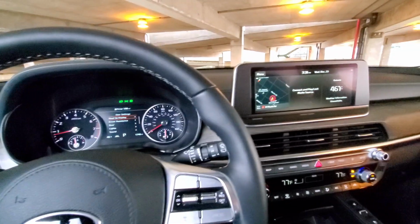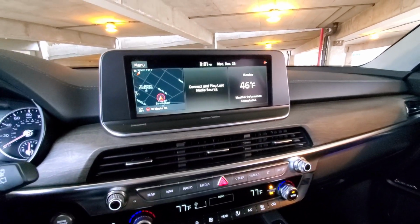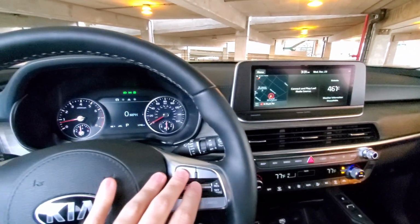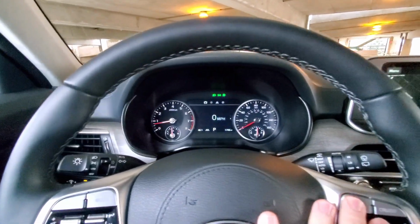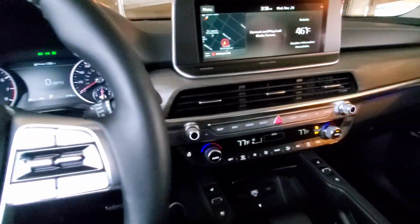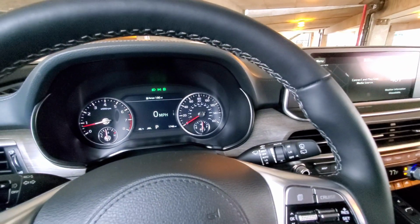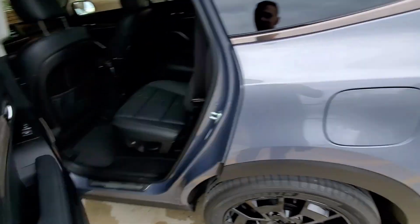So that's about it from an interior design and technology standpoint. It has pretty much everything that you'd expect. Some nice standard safety features that I called out earlier. A few things were lacking, like a fully digital instrument cluster, and perhaps a few little touches like higher quality blinker stocks, things like that. But overall, the interior is very good, and it's about what you expect, and perhaps a little bit higher for the price point. Now let's go ahead and step out here and check out the rear seat,